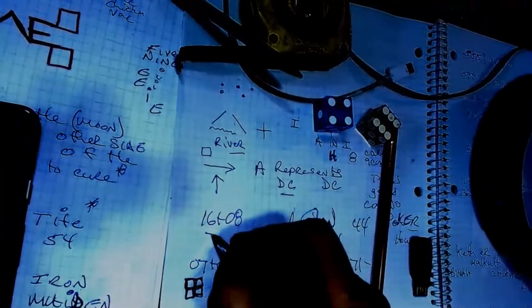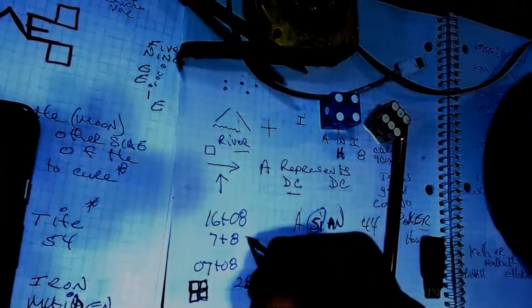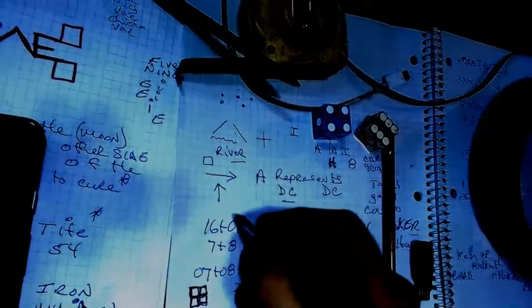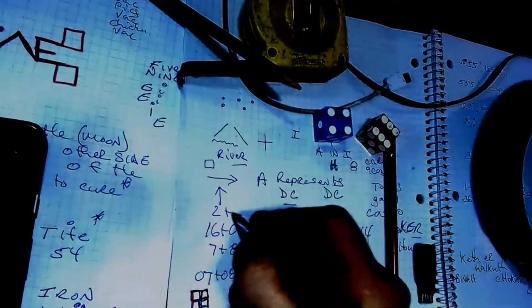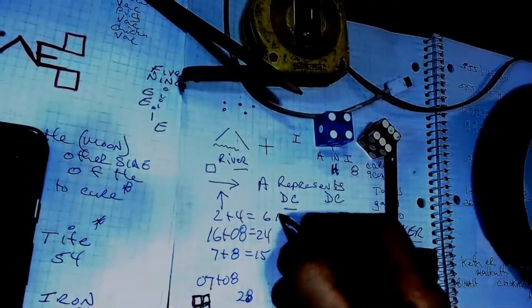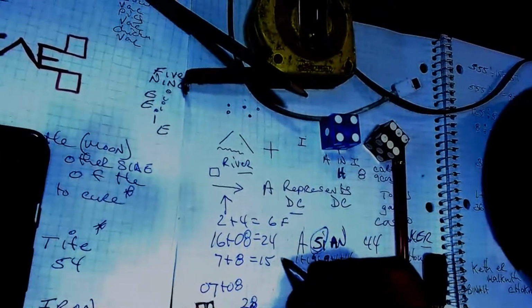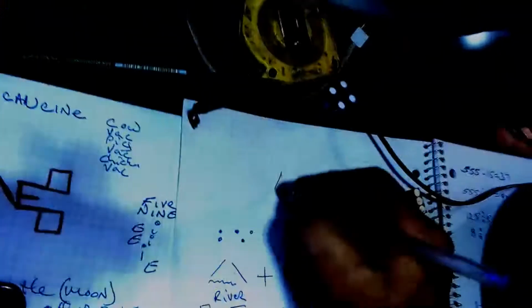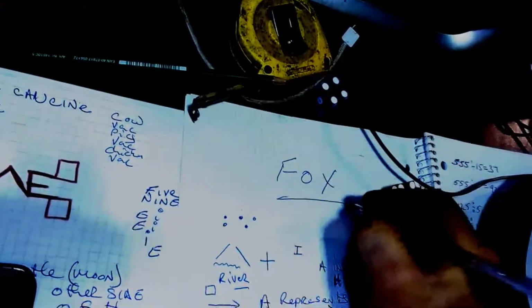This over here will now create 7 and 8 equaling to 15 Mars to the 24-hour day. 2 plus 4 equals 6F. 1 plus 5 equals 6F. This is the letter O. This is the letter X. And this is one of the reasons I go with the truth coming out of here.